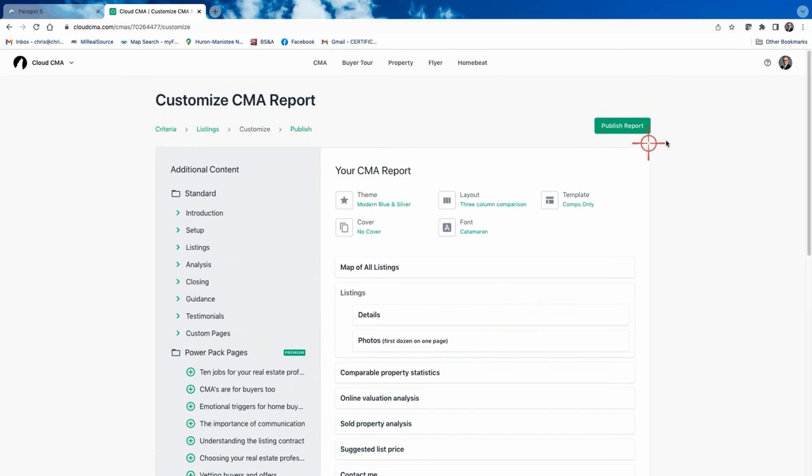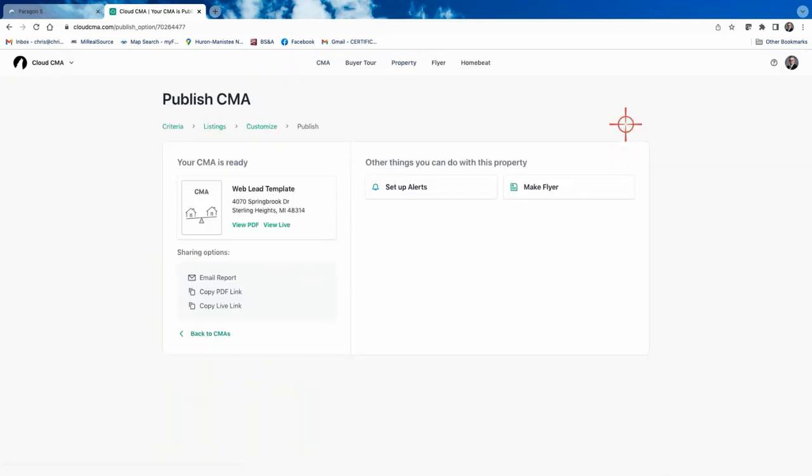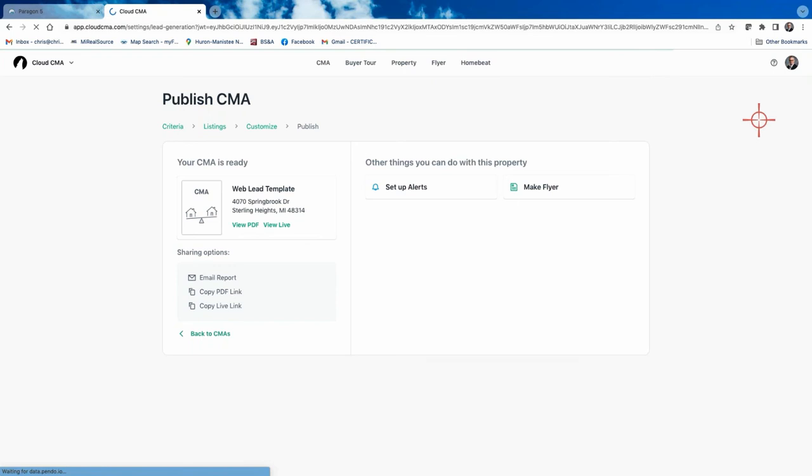From here, you're going to publish the report to save it. And there it is. It's a web lead template. There's not a lot there. The reason I did all that is because when I come over here, you set up those steps to create this web lead template. If I want to go over to lead generation,